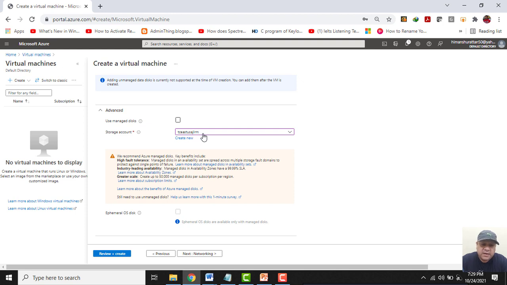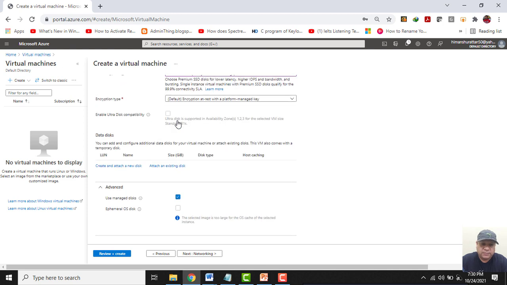So if I select this option and click on next for the network settings, and the virtual machine is created, then that hard disk drive will not be a managed disk, it would be an unmanaged disk. I will come to that later, but let's go with the managed disk first. Now click on next.